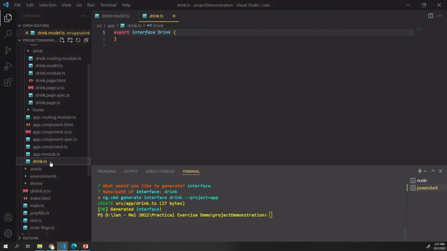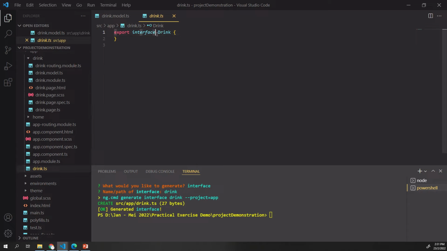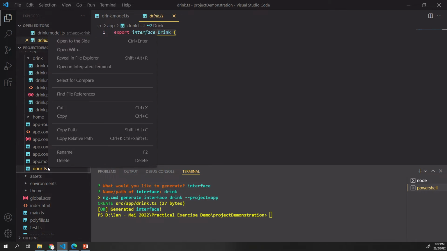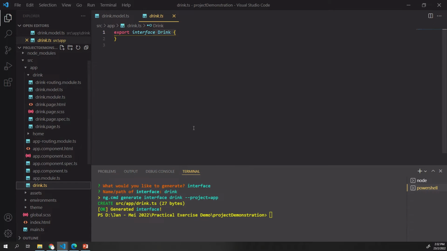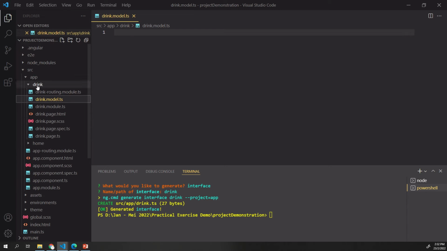Okay, it is the same like this. Export interface drink, sama saja. So which is why I will delete this, because I want to put it inside the drink folder. Okay, now we have drink.model.ts. So what we need here is to export